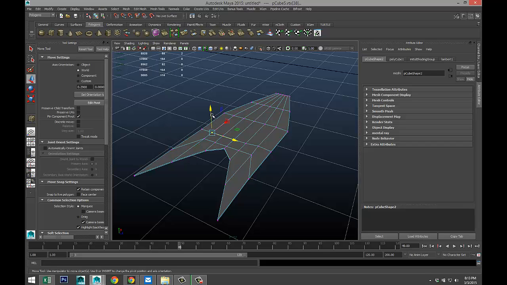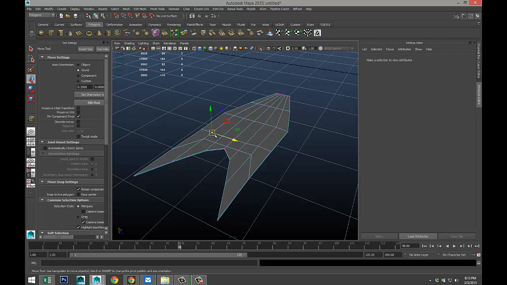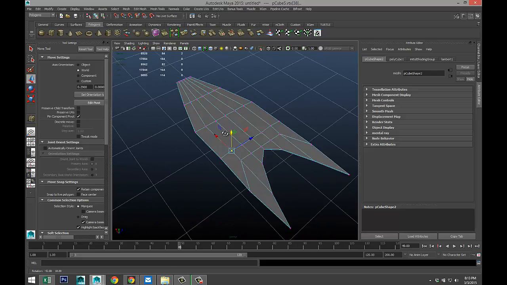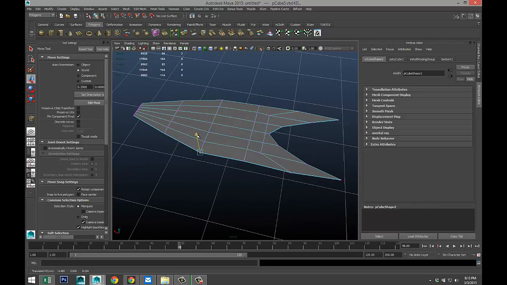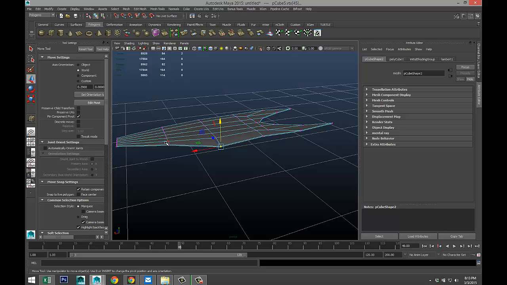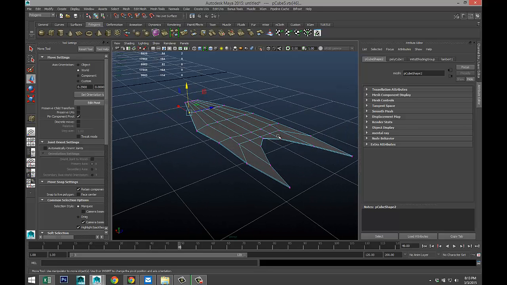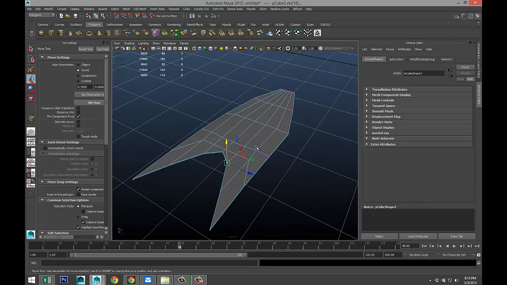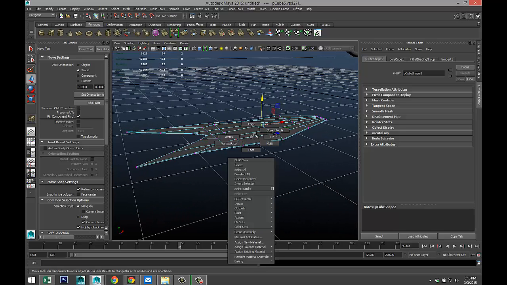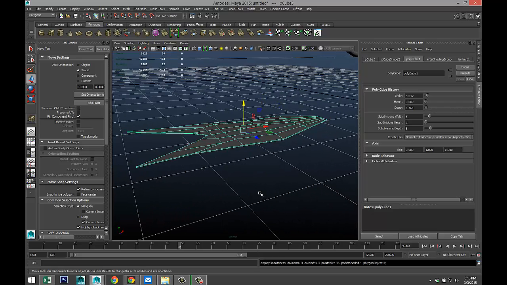Okay, and we will be smoothing this out, but it's important to tweak this somewhat. Okay, right click object mode, let's hit 3.